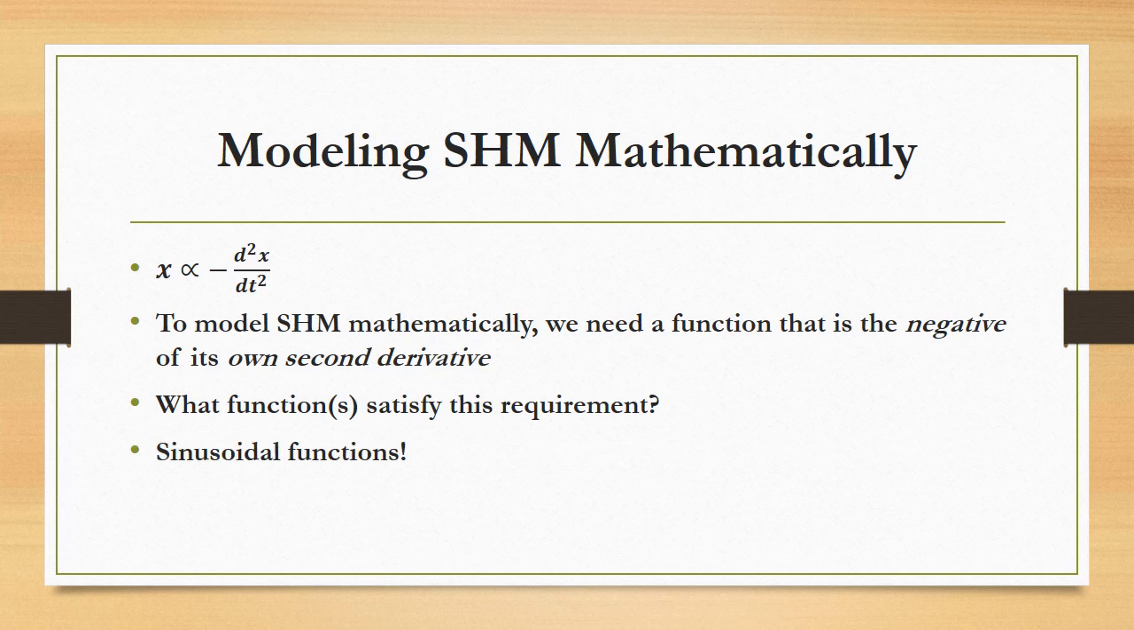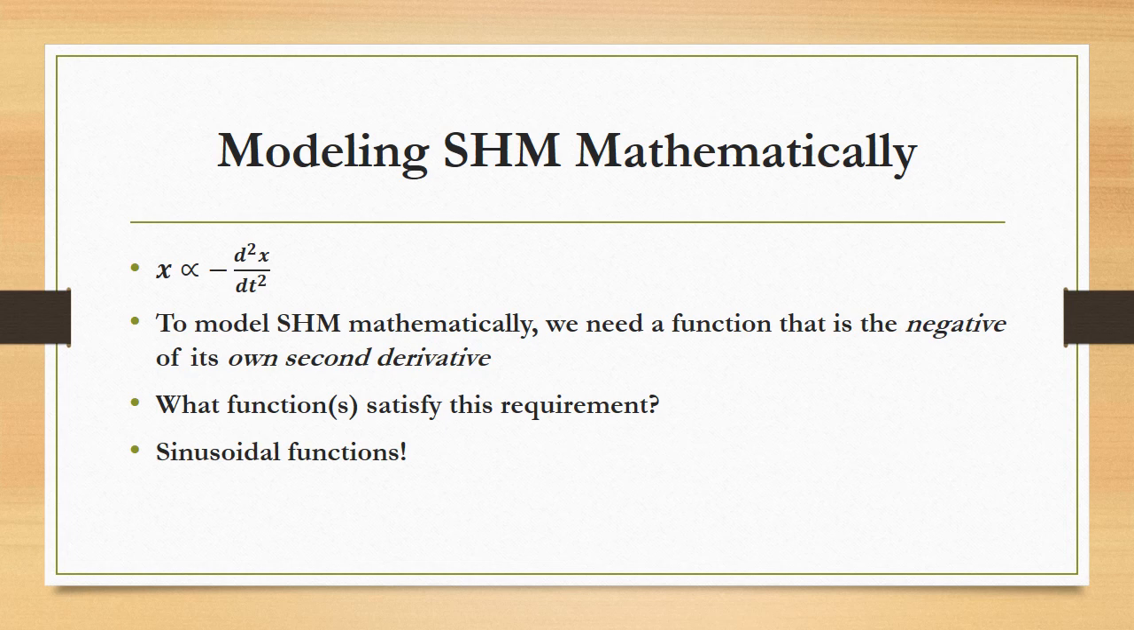So for instance, the sine of x, if you take the derivative, becomes the cosine of x, and you take another derivative, it's the negative sine of x. Same thing worked with cosine, right? The cosine of x, take the derivative, you have negative sine of x, take the derivative, you get negative cosine of x. In both cases, these two sinusoidal functions allow us to say that the second derivative of something